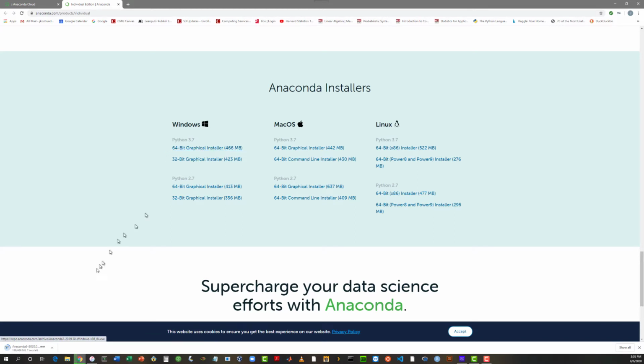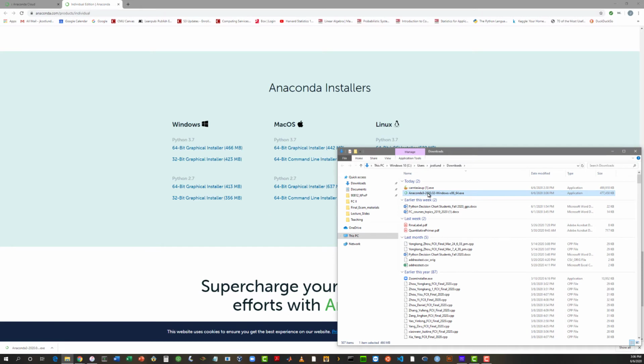When I do that, since I'm using Chrome, in the lower left corner of my screen, I see this little icon here showing me the progress of the downloading of Anaconda. Let me now show that in my download folder. You'll need to do whatever is appropriate for your browser in order to get to this installation file. Okay, so there it is for me, and I'm going to double click Anaconda 3